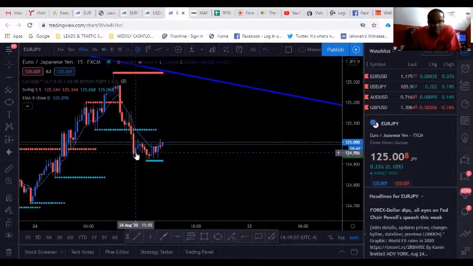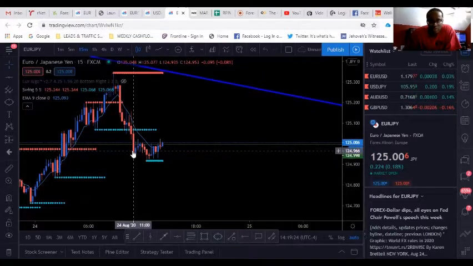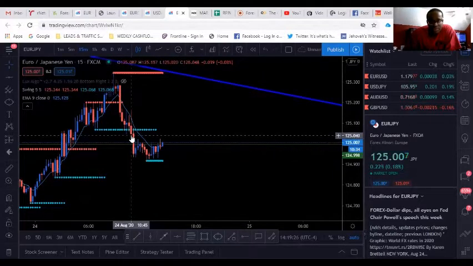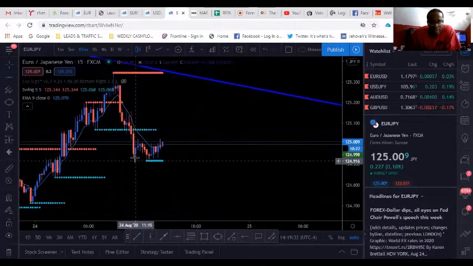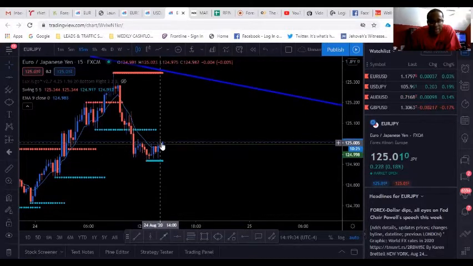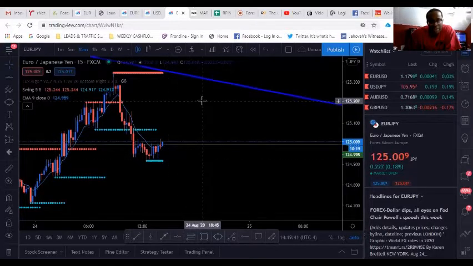Now it's creating an inverse head and shoulders. So when it does that, you want to always remember that price is going to hit once, boom. It's possibly going to go down and hit support again and then eventually rise up, which makes sense because